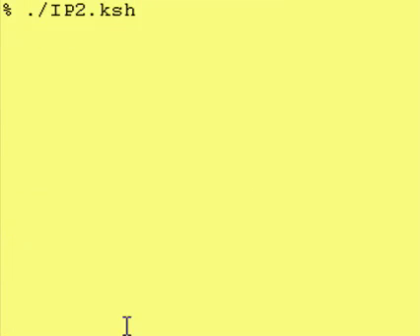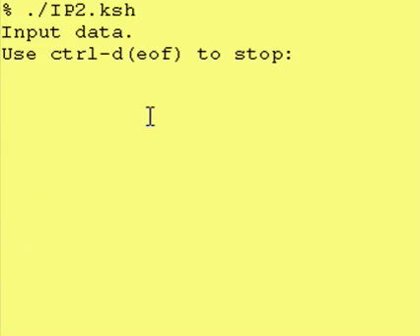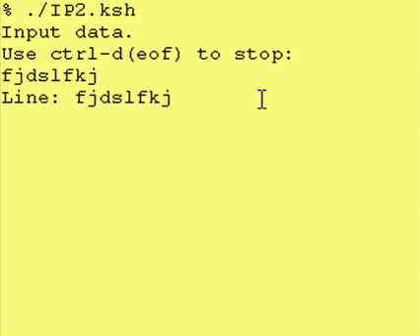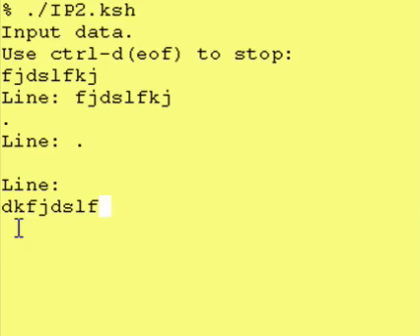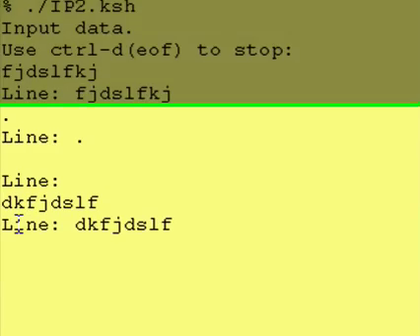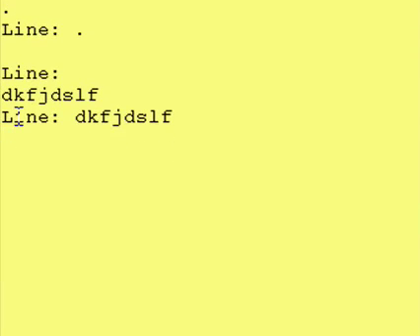So let's run this. It says input data, use Control-D, end of file to stop. Just some garbage. It prints exactly what we typed in. If we just hit a carriage return, it prints exactly what we typed in, which was nothing. So let's enter some more garbage in. And now let's do Control-D. And as you can see,